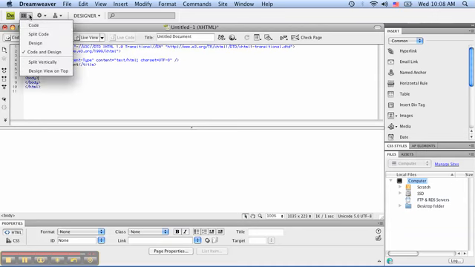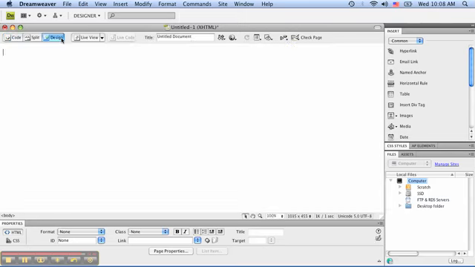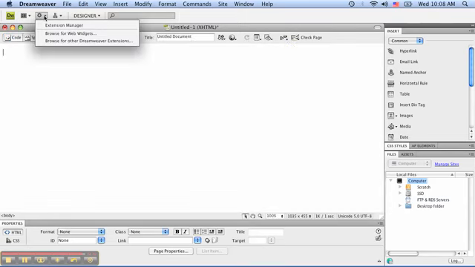Like I said, this is one option. Again, you have the exact same options right here, code, split, and design, so a different way to navigate. Extension Manager is a new thing in Dreamweaver. It's pretty cool. It's basically what we're starting to get used to seeing everywhere, that you have one centralized system